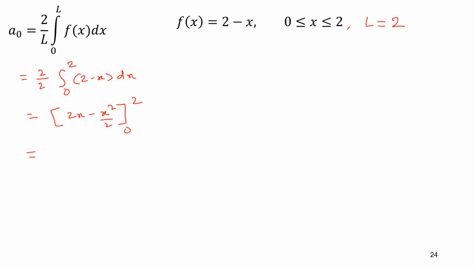So it is 2 into 2 is 4 for the upper limit, minus 4 by 2 is 2, and for the lower limit obviously it is 0. So it will be 2. So the value of a0 is 2. Once we find the value of a0, after that we will find the value of an, which is given by